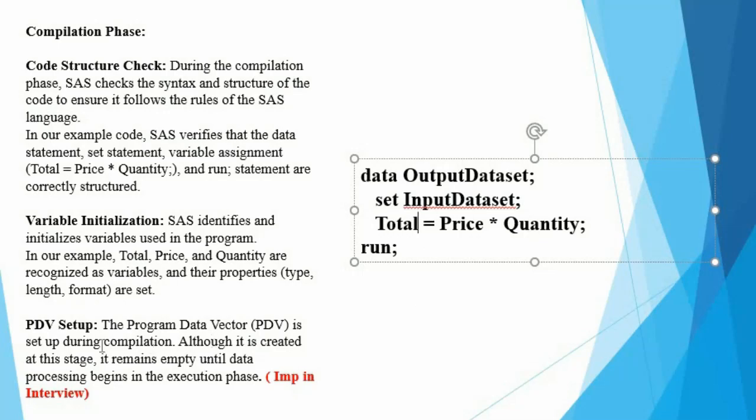So the PDV is set up during compilation. Although it is created at this stage, it will still remain empty until data processing begins in the execution phase. The main focus is that it remains empty during the data step processing at the compilation stage. Now jump to the